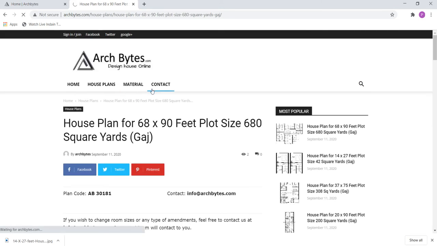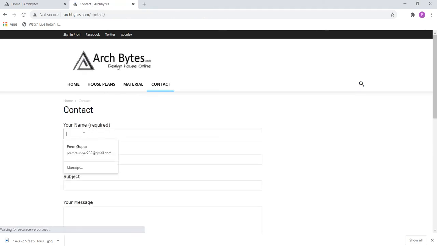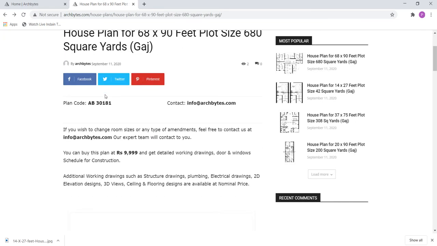Here you can see the contact option. You need to put in your message, whatever description and information you need to provide, and after that they will get back to you and do your work accordingly.